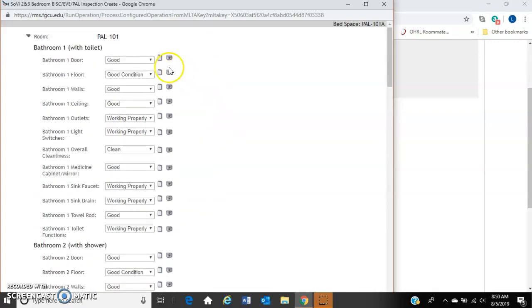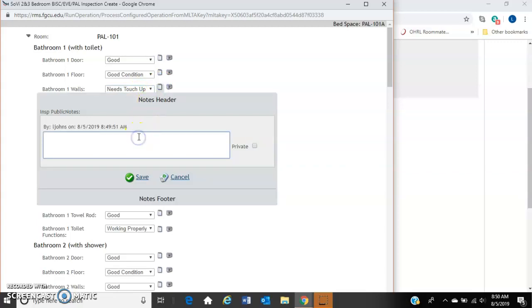From this screen, the statuses automatically populate. This does not necessarily indicate the current status of the room, so you'll need to go to each one and adjust it to the correct status. If there is a particular note, for example, on the bathroom walls, needs touch-up paint, you would change this to say small paint chip